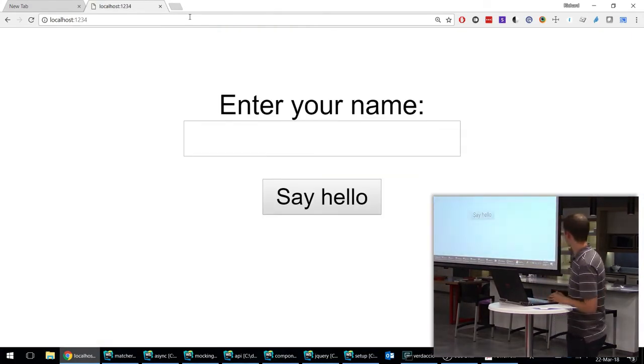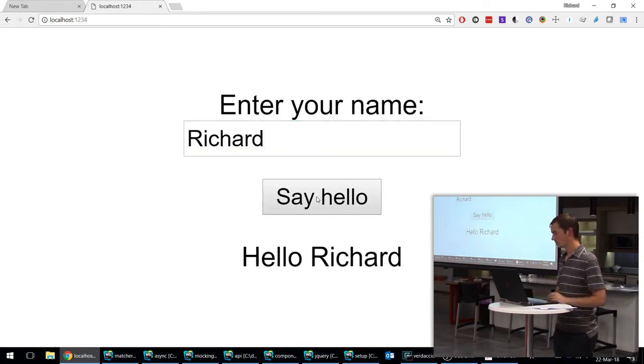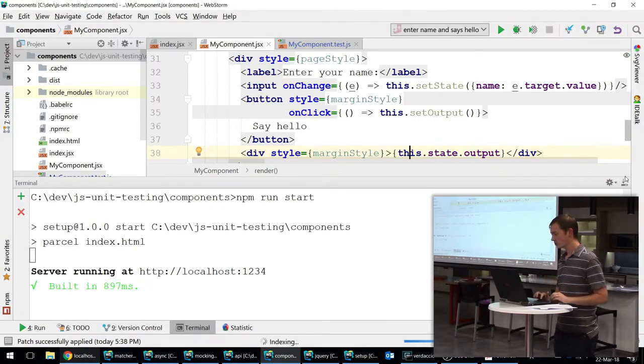All right, cool. So here is our amazing app. It doesn't play music, unfortunately, but we can enter our name, click say hello, and it prints out our name. All right, so that's very basic functionality, but how would you test that? The usual way to test this kind of thing is like spin up Selenium, WebDriver, let's get this thing going, go find a button. No, wait, the button hasn't rendered yet. Wait 2 seconds, then look for the button. That's not really a good way of writing unit tests. That's more kind of like your end-to-end tests, and it's quite brittle. So what we can do with Enzyme